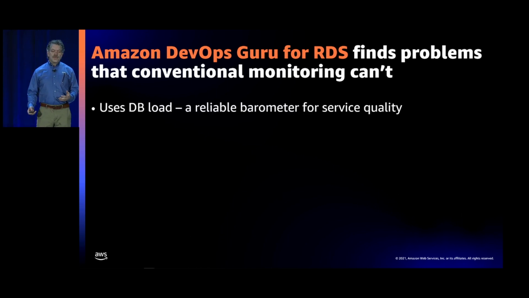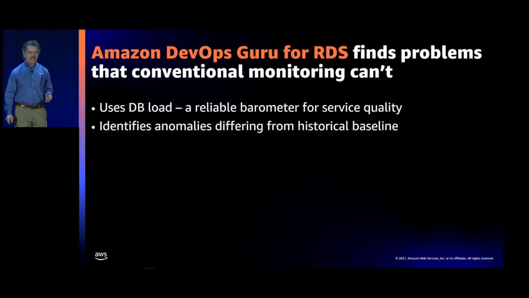First of all, DevOps Guru for RDS monitors for anomalies using that special metric that we've talked about called database load. As we've discussed, this metric registers any kind of database contention across every possible type of bottleneck in the database. It's been used for many years at Amazon as a bellwether metric for database monitoring. I started managing databases at Amazon in 1997, and we were using database load back then on those old legacy databases. So it's something we've used for a very long time.